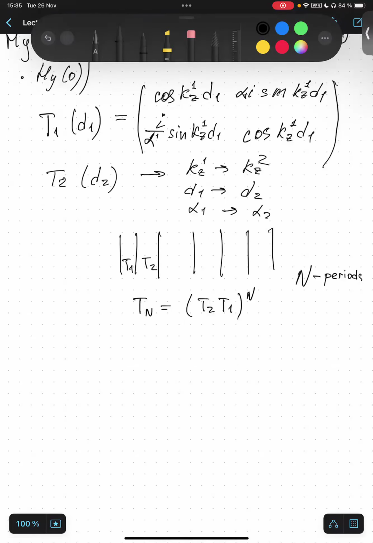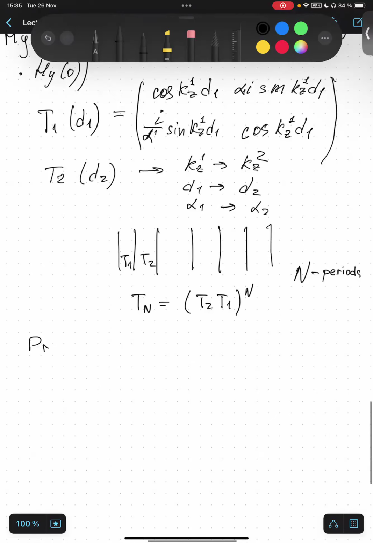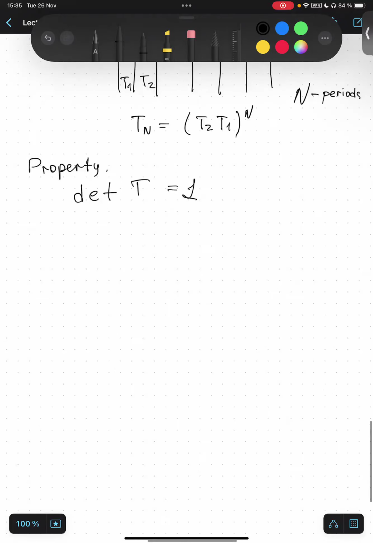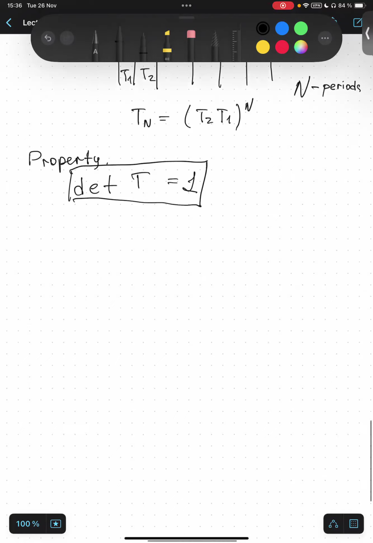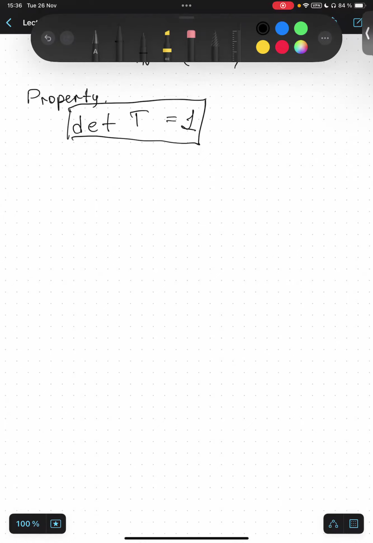Well, if no questions, what can we notice here? The property: the determinant of T is equal to 1. At least in our case, it is true. So this is a very important property for now for us, and we should get back to our